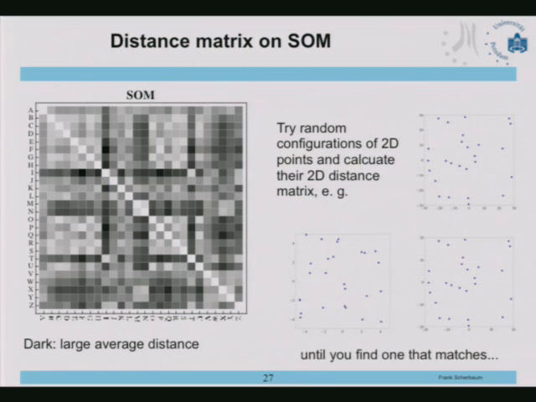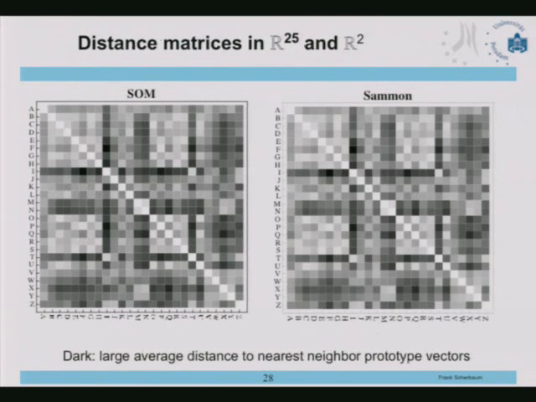So we do this until we find one that matches. Of course, one doesn't do this just by stupid searching by Monte Carlo. This would be too long, but there are smart ways of doing this. And actually the tools for that come from graph theory, and they are very efficient. So if we do this, if we actually try to find such a combination, what this is doing is called